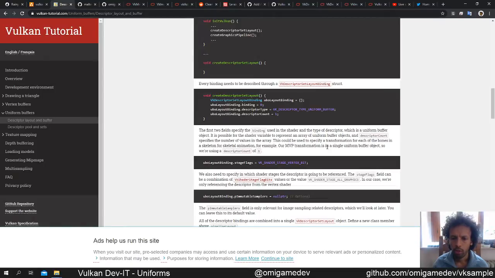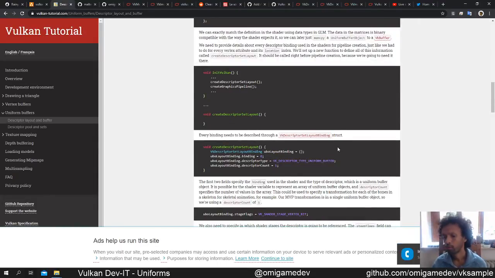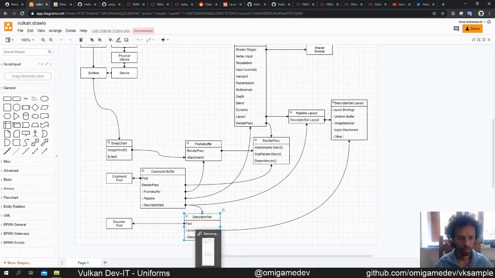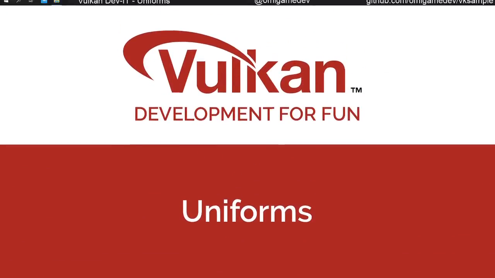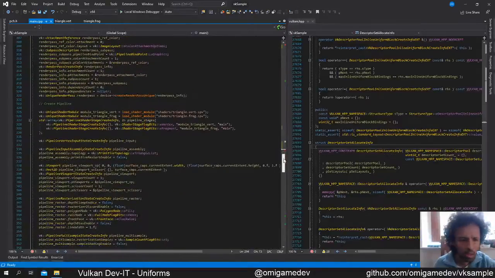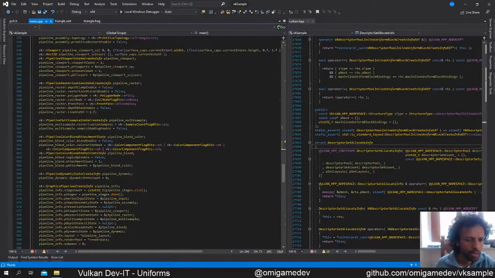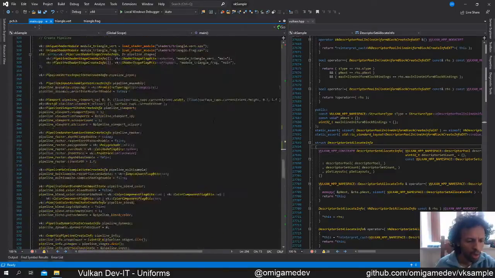Our transformation is in a single uniform buffer object, so we are using descriptor count 1. All right, so what was I doing? Hard to say. So we have that,